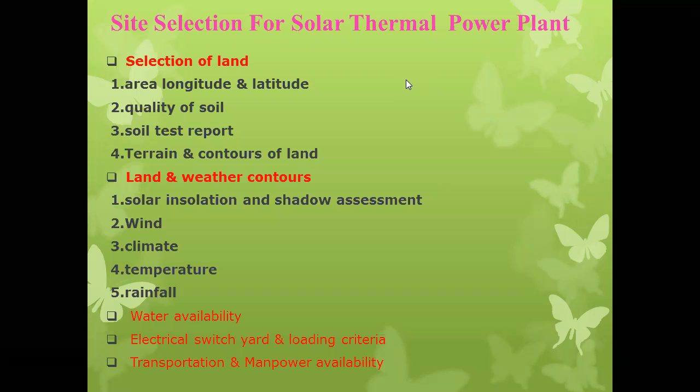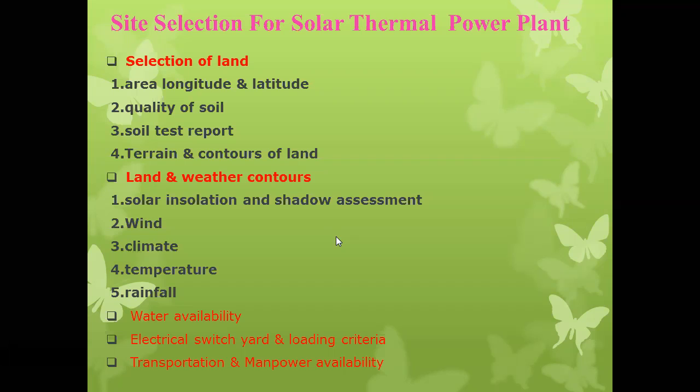Okay, temperature, in that particular area the maximum temperature is reached in the summer season or in various seasons, we have to keep in mind. Okay, rainfall also we have to consider in that particular area, because our main working fluid is what, the rain water only. So rainfall, we can get the water from the rainfall. Okay, and it will be stored.